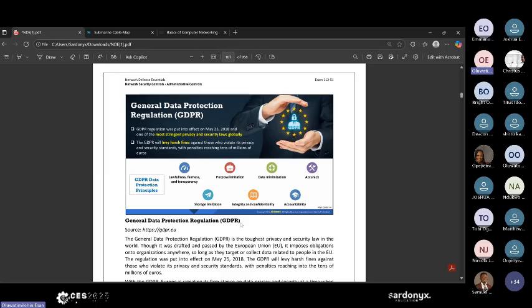But also GDPR is very serious on privacy. And that's why in Nigeria, the NDPR was taken majorly from GDPR. So the GDPR will levy harsh fines against those who violate its privacy. And that's one of the issues we are having today. Companies breaching privacy. One of the reasons why they breach privacy is because of marketing, advertisement. So they know much more about you. And there's a thin line between privacy and security measures and a lot of things. There's always a thin line. Even in companies, even as a staff.